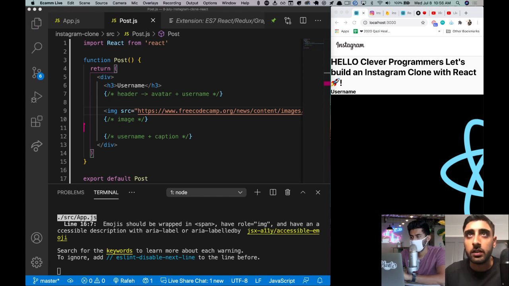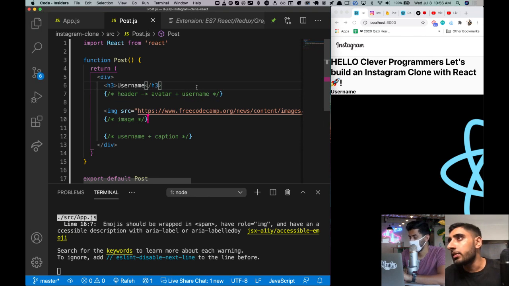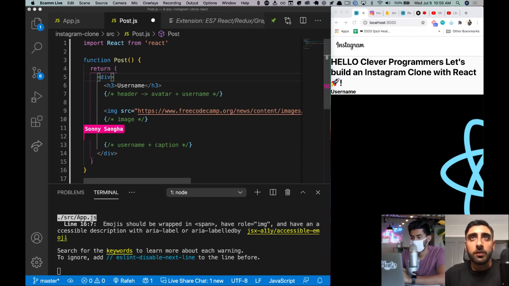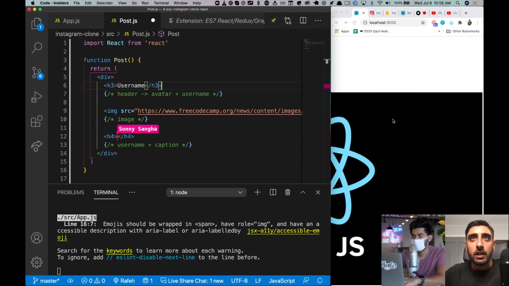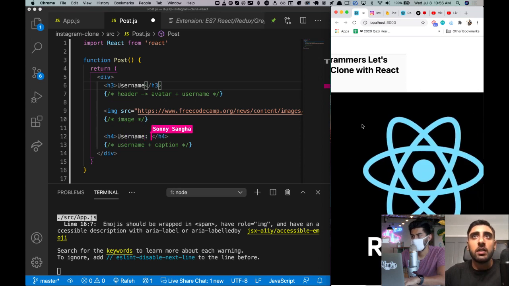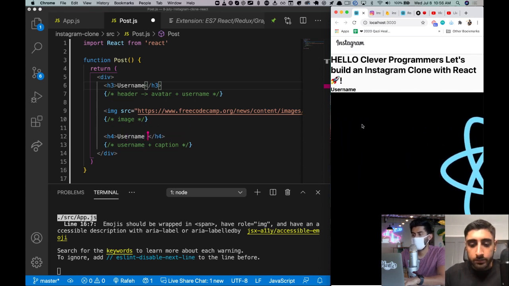So it's just a massive React logo, and there we have it there. So what we're going to do next is we will style everything so that it looks good and clean afterwards. And then what we're going to do afterwards is we've got the final bit, which is the username and caption. So here we're going to have an H4, and it'll say the username, and then it'll just say the caption. So I like to just mark it out like this, so you have a rough idea of what